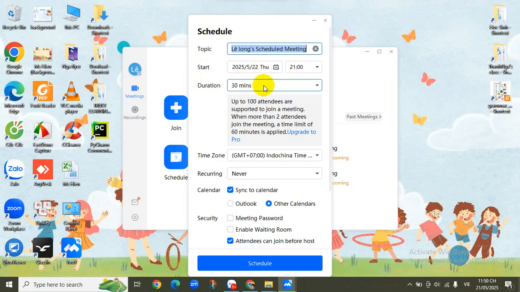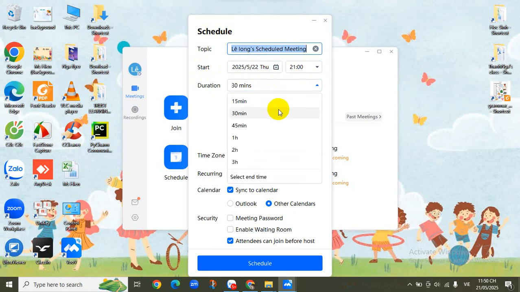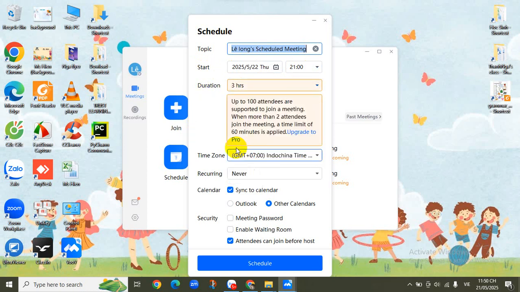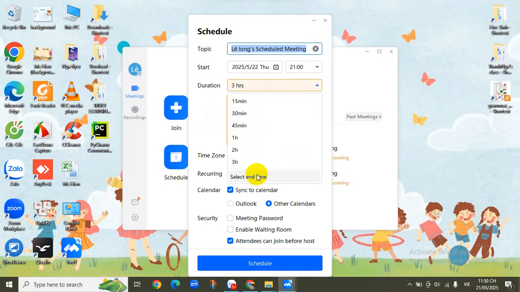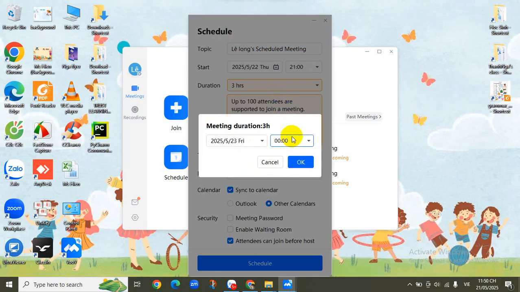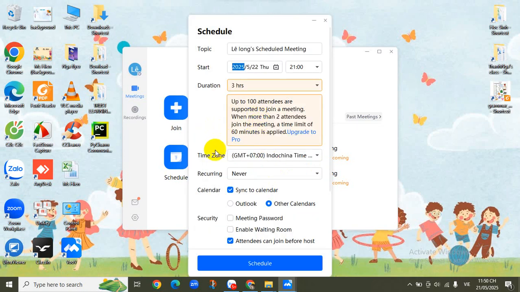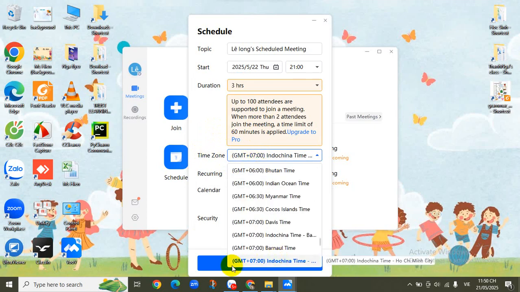Next, the duration. It depends on how long our class will last. Like if our class lasts for 1 hour, we'll choose 1 hour here. If it is more, we can choose 2 or 3 hours. Or we can also choose select end time, and choose the date and the time that we want. Next, for the time zone, here I will choose the time zone